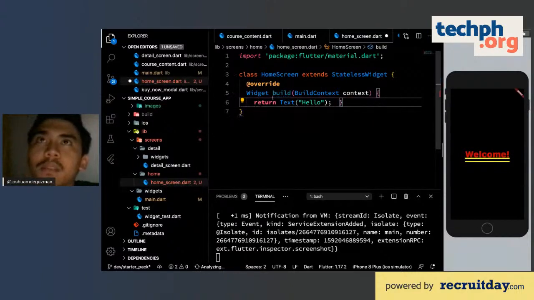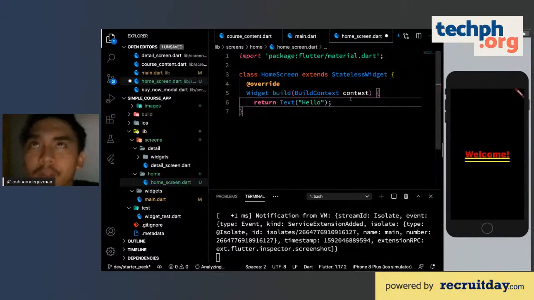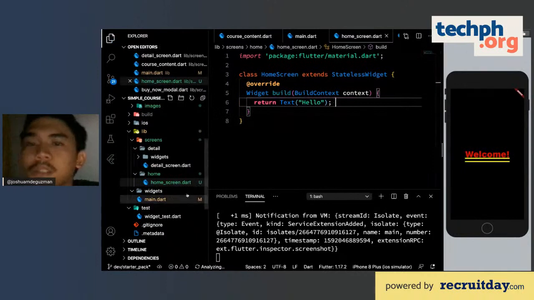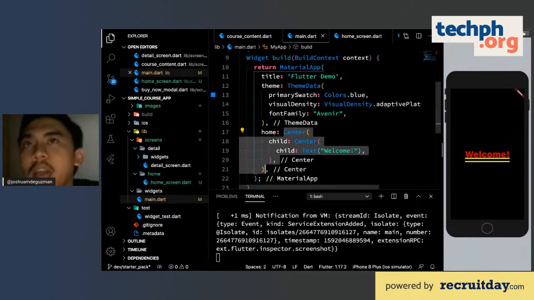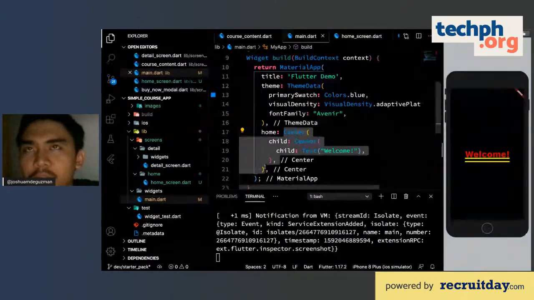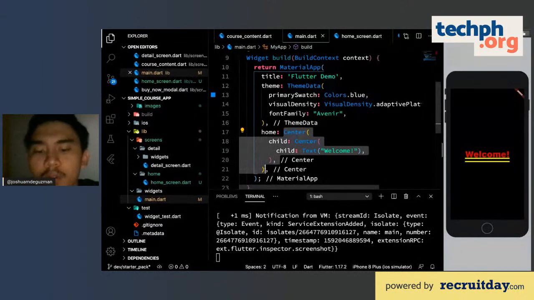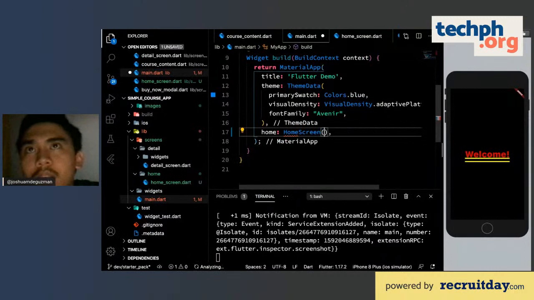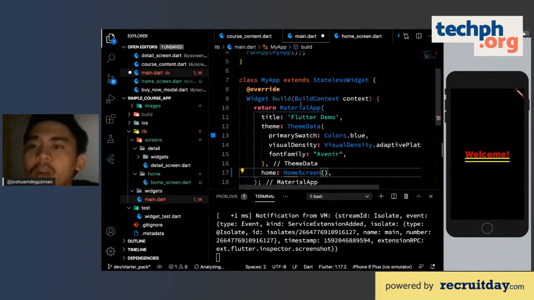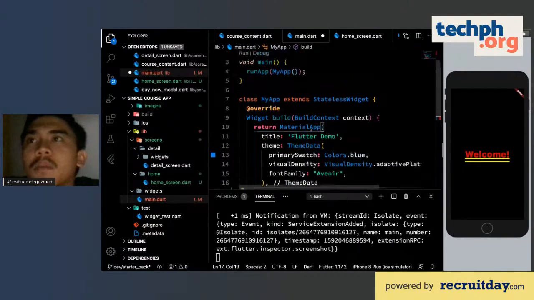Oh, it's a bit slow. Okay. So call this one inside the main function by replacing the home. Literally, you don't have to name your home screen HomeScreen. Probably some of you may name it dashboard, but this is the home parameter inside the MaterialApp, which is responsible for running the application with the help of the Material Design guidelines and specs for it to be able to.